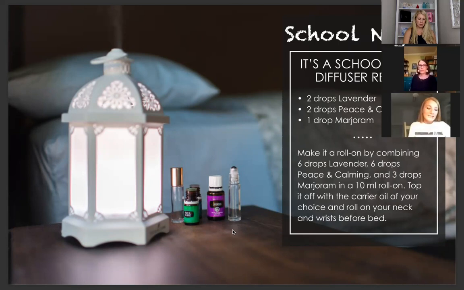And it is spearmint, grapefruit, and peppermint, 2 drops of each. And it smells amazing. I don't know if you know what spearmint smells like, but it is wonderful. It's an uplifting focus diffuser blend. So any of the kids that kind of have problems with their moods and staying on task, that's a great